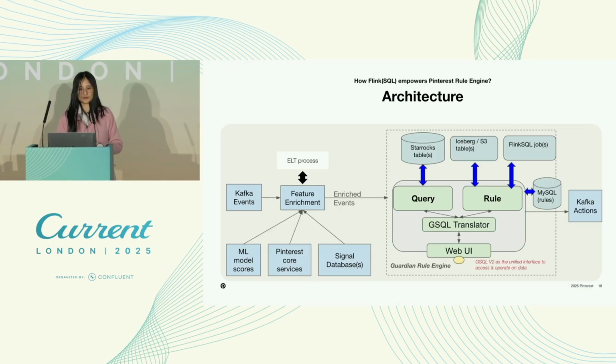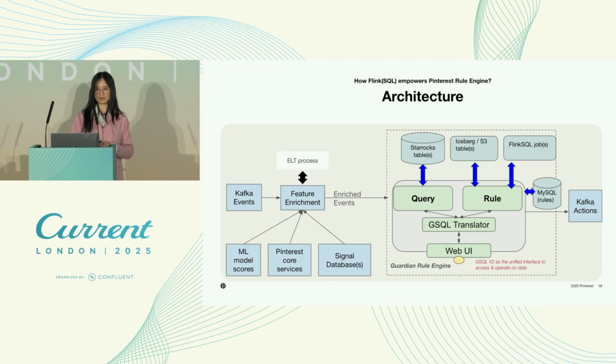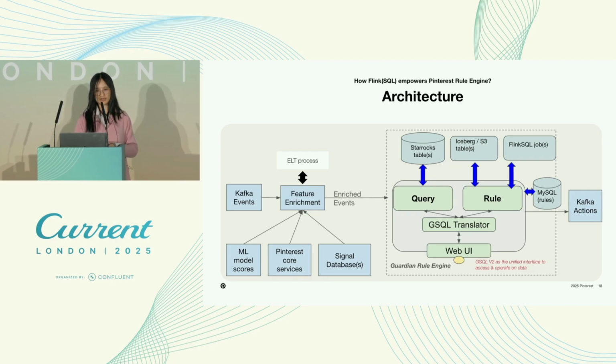Here is an overview of the end-to-end data pipeline that goes in and out of Guardian. As you can see in this architecture diagram, all events go through a data enrichment service, where all the event features will be fully hydrated. The feature enrichment process does much data fetching as well as computation to ensure that after the feature enrichment, the enriched event will be sent to the Guardian core module, where both the query engine and rule engine